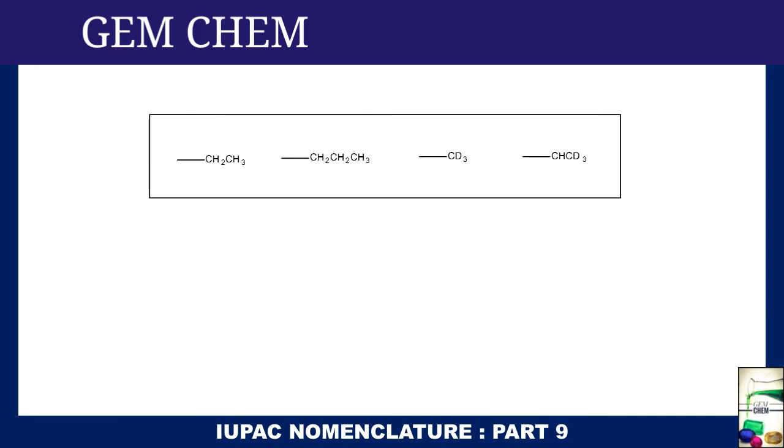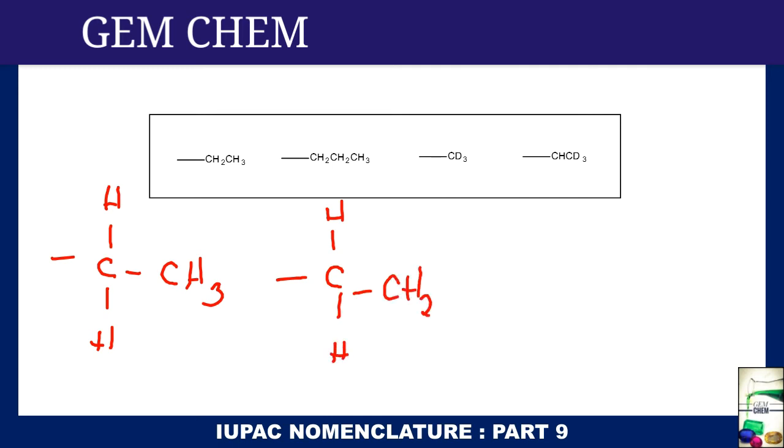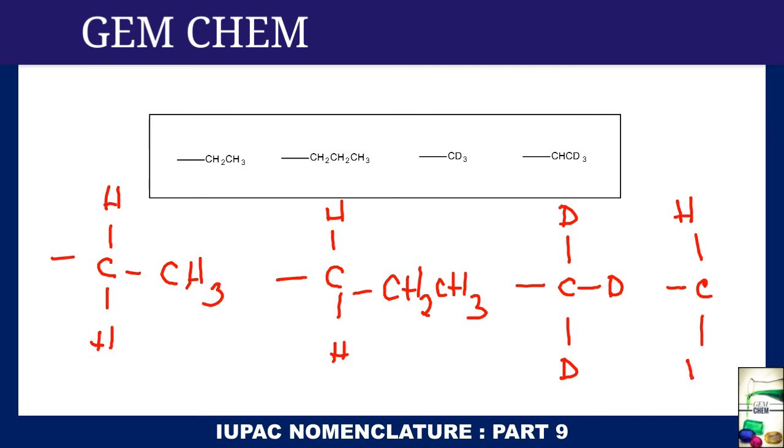Okay. Now if we go for this one, let us see how it can be done. First we write it, right? So H, H, CH3, and this one is H, H, CH2, CH3. It contains C, D, D, D, whereas in this case we have C, H. It should have been another hydrogen here to complete this. So C, D, D and D. Okay. So it must be CH2, C, D, 3.